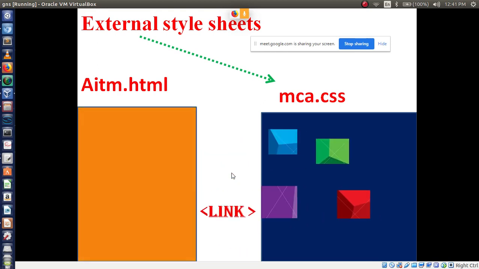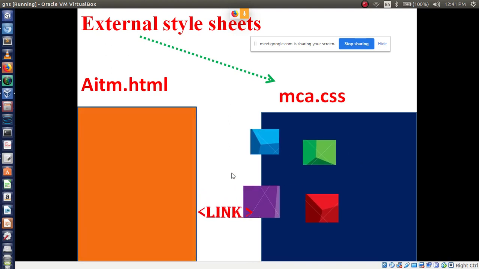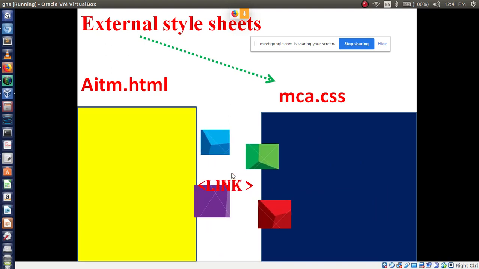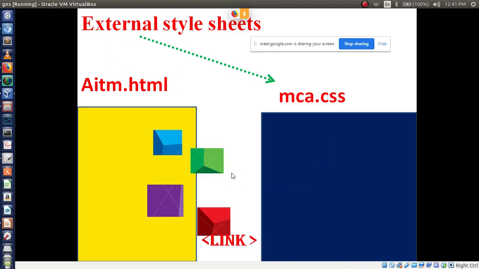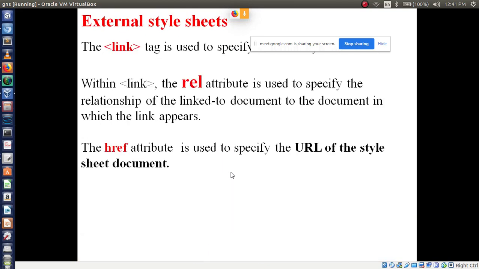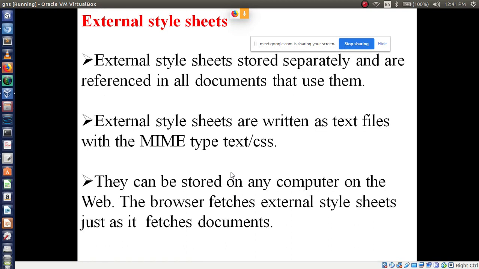Now here I am showing the examples of color. So after writing these colors, my HTML page is changing the colors. So it is called external style sheet. This is about the third style sheet level. Inline is over, document level is over, and now we are talking about external style sheet.